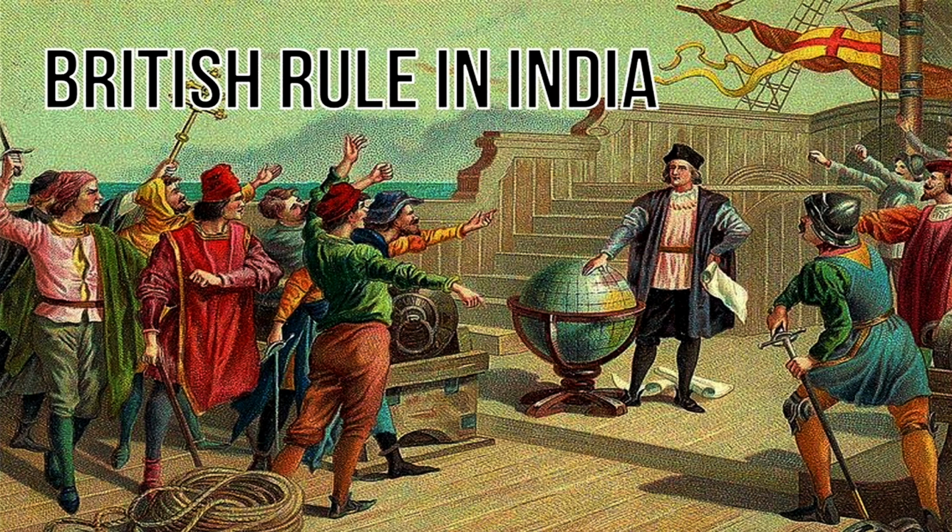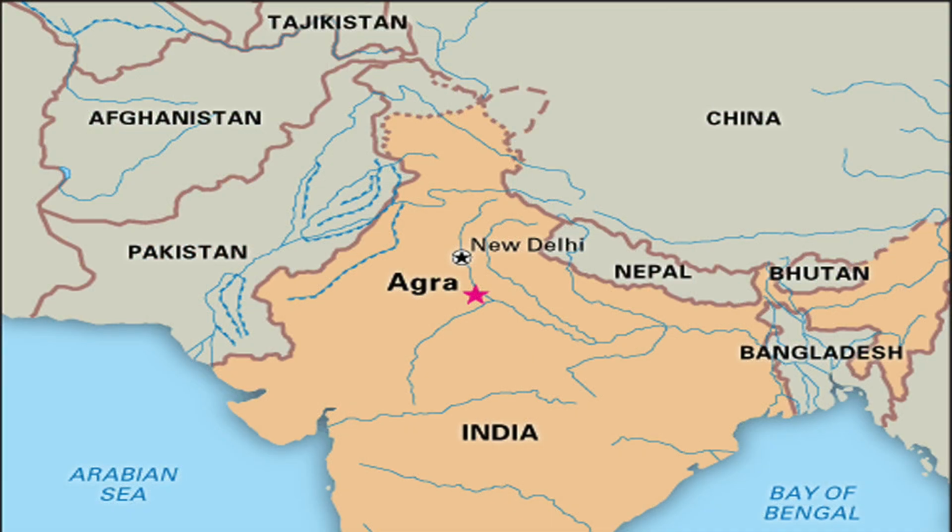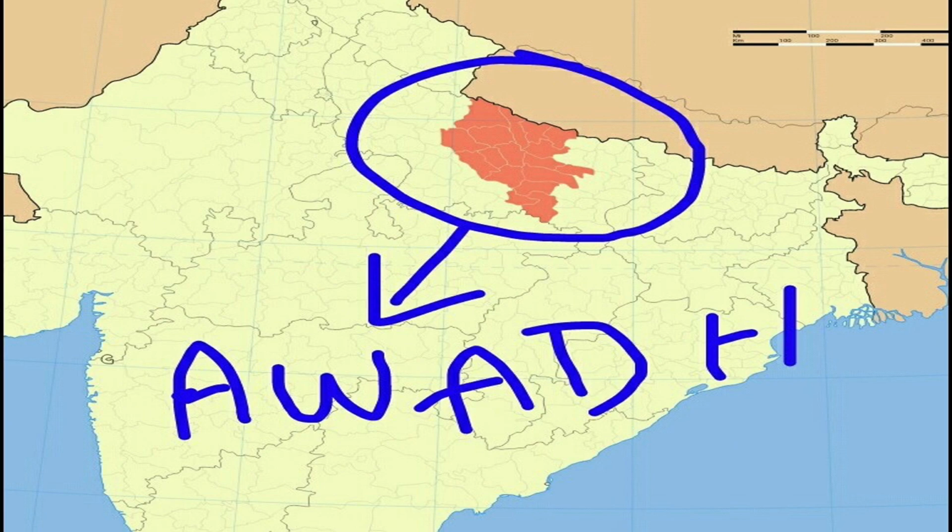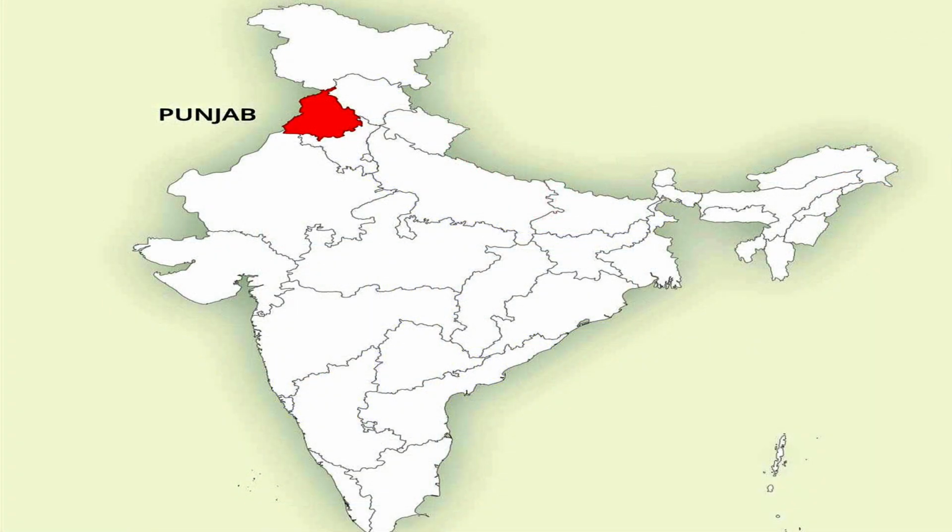Then third is the Mahalwari system. This kind of tenancy was introduced during the British rule. It was first started in Agra and Awadh and was later on extended to Punjab. Under this system, land was held jointly by co-sharing bodies of village communities. This body was treated as jointly and severally liable for the land revenue. A typical example of the Mahalwari tenancy system was widely prevalent in Punjab.